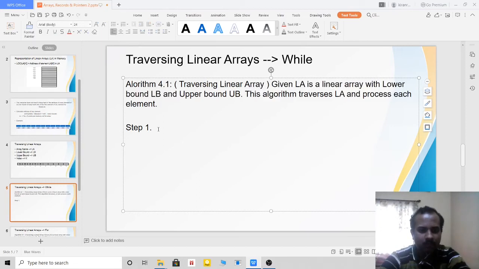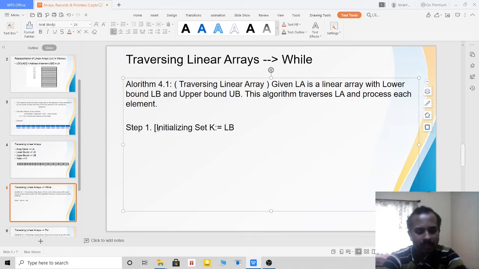Now step 1. In step 1, I have to initialize. What do I have to initialize? At the beginning, K was initialized to LB. So let me initialize that. Set K, colon, and then equal to LB. What is done here? I am initializing, right? Okay. I'll write the comment also: Initializing.